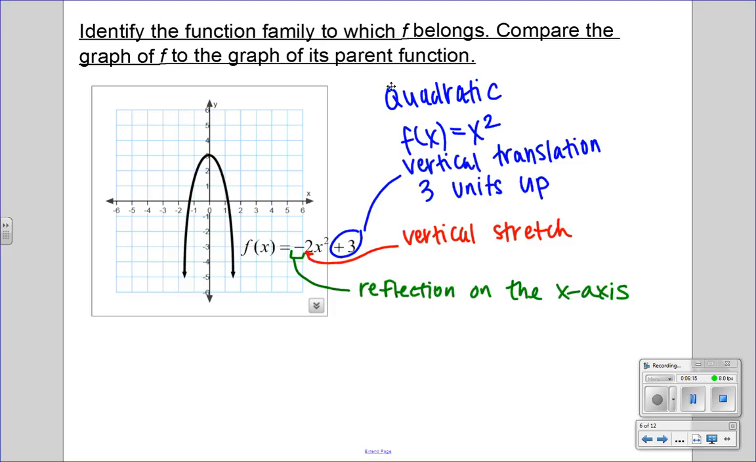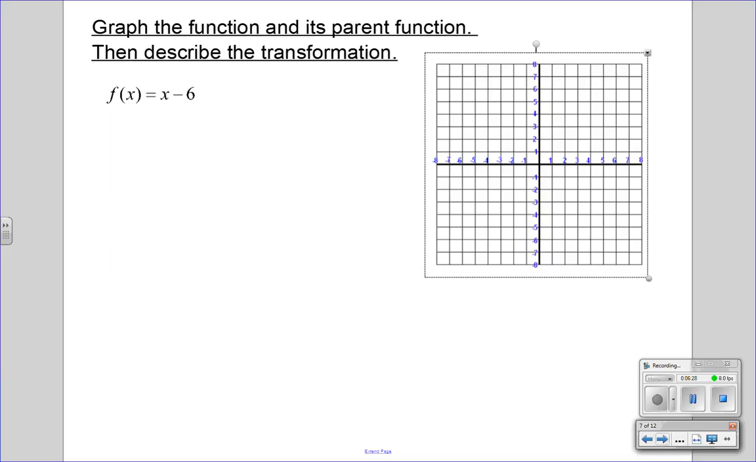So we don't even need a graph to see what these transformations are. It does help to verify our answer, but we can gain it just from the equation. So let's do another one. This time we're going to graph this. We're going to graph the function and its parent function, so we're going to graph two things, okay, and then